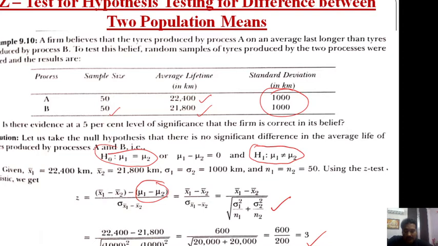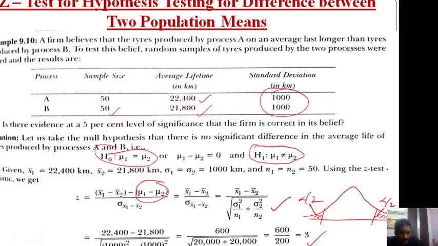And why are we rejecting H naught? During our classes I explained how we check the standard normal curve area and what the rejection region is. So once again I give you a little reminder about that critical area. This is your standard normal curve, and in case of a two-tail test, this area would be alpha by 2. This area also will be alpha by 2. Our objective is to find the value of z which is not coming in this area and in this area.